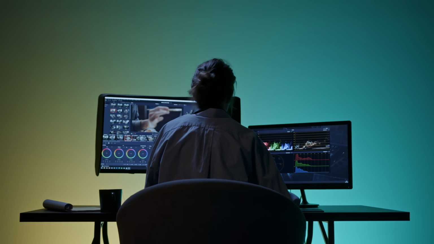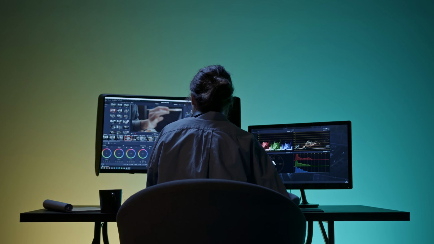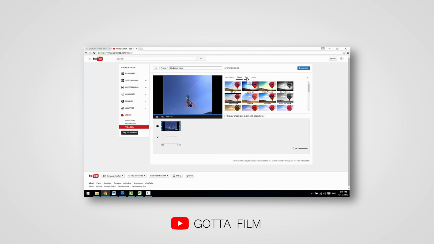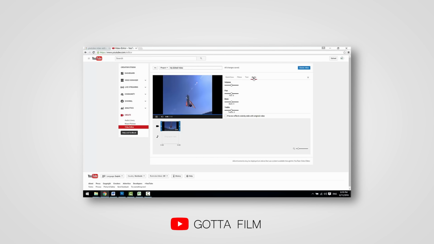If you go to the YouTube Studio and open up the settings for any video, you'll see an editor option to the left, which basically allows you to trim an individual video, blur out faces, add end screens, cards, and links, and if you're feeling particularly sassy, maybe even some music. But not that long ago, YouTube had its own editor, which allowed you to actually merge several different clips that were already uploaded to your channel, do some basic Windows Movie Maker style editing, and export the final product as a standalone video.